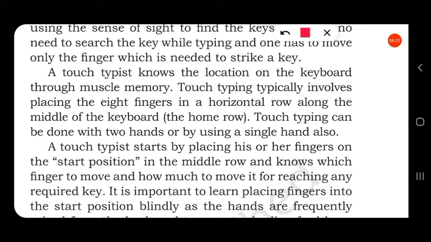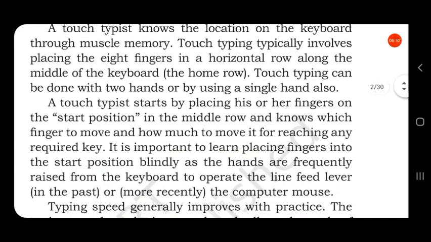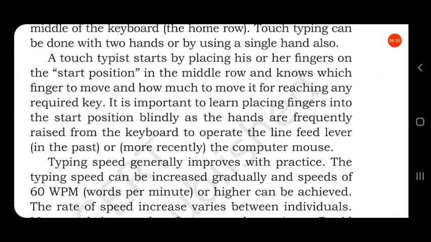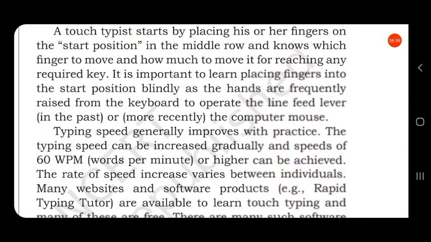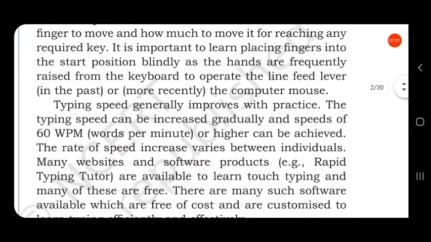With the help of muscle memory, they know where the keys are placed in the keyboard and how much we have to move the fingers to reach the particular key. It is important to learn placing fingers into the start position blindly, as hands are taken from the keyboard to operate the line feed lever or the computer mouse.